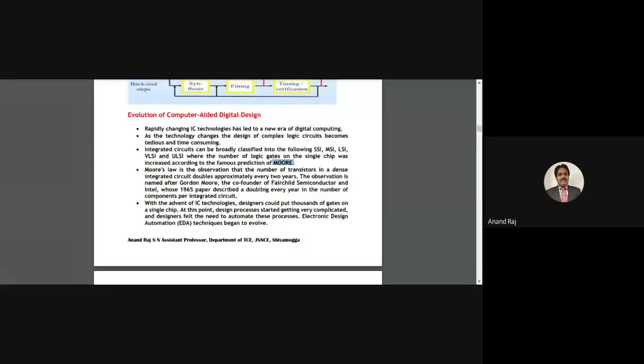So he is an economist. He has given his view on the electronics, which is followed and obeyed as Moore's law. Moore's law is something about Moore, an economist who predicted that every 18 years the number of devices on an IC would double. It was his prediction, but nowadays we are not following this rule.